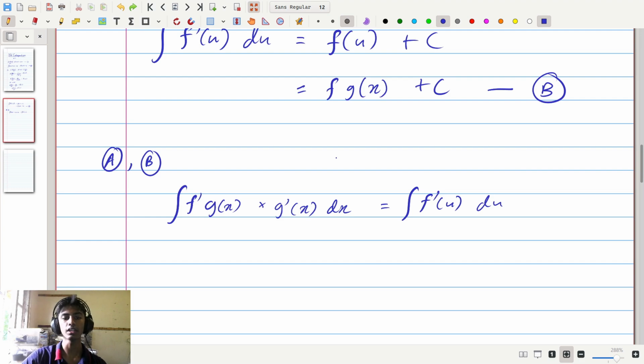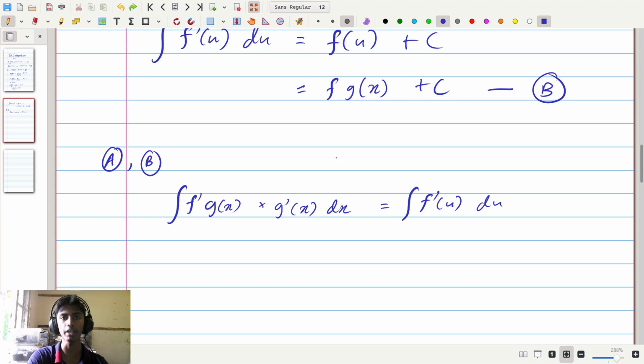You'll notice here that in order to get this simple integral, we had to choose u such that u is equal to g of x. If we choose a different u, we might not get a simple expression like the one we have over here. Because of this, it is very important in u substitution that you get a substitution that makes your integral simpler,